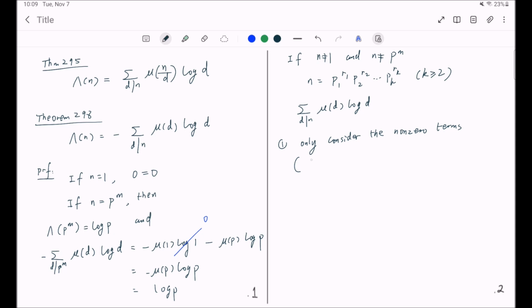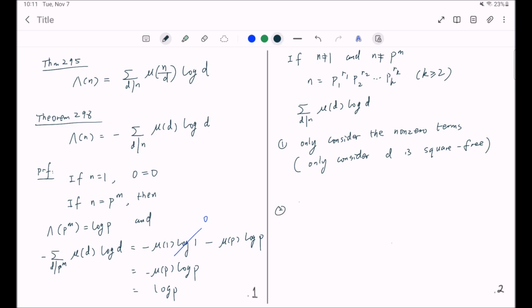This already means we're only going to consider the terms where d is square free. And second,